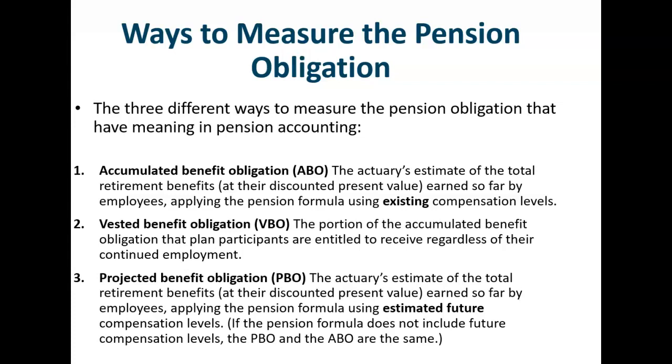The accumulated benefit obligation, ABO, is the actuary's estimate of the total retirement benefits earned so far by employees at their discounted present value, calculated by applying the pension formula using existing compensation levels. So the ABO applies the formula using existing compensation levels. And of course, all of these are discounted to the present value. Number 2,